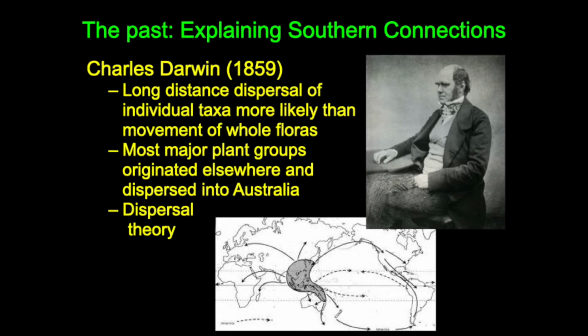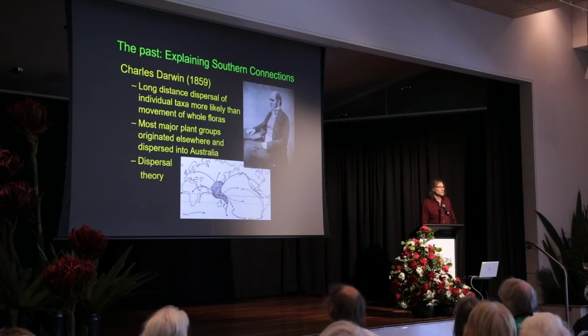He had a very close friend, who perhaps is a little bit better known, Charles Darwin. And one of the points that they really had a fairly vigorous disagreement on was this origin. And Darwin's notion was actually that that was preposterous, that all of these land masses must have been connected. And so therefore, plants and other organisms must have spread from some kind of centre of origin to other